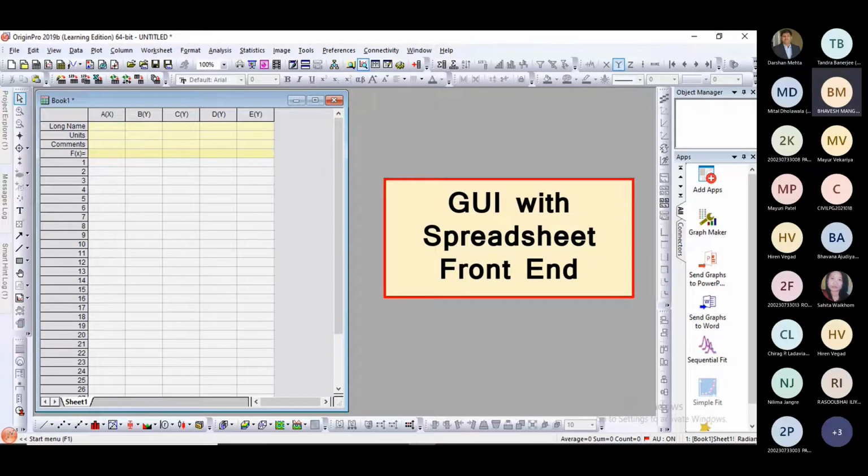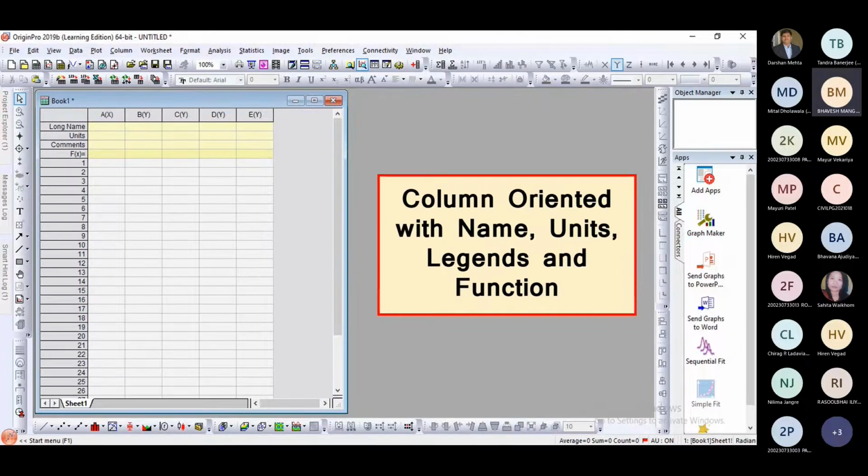All the data we need to enter in this spreadsheet, and using the different GUI or menu bar, we can carry out the analysis or plotting. Its interface is column oriented with name, unit, legends, and functions. Four columns are there.